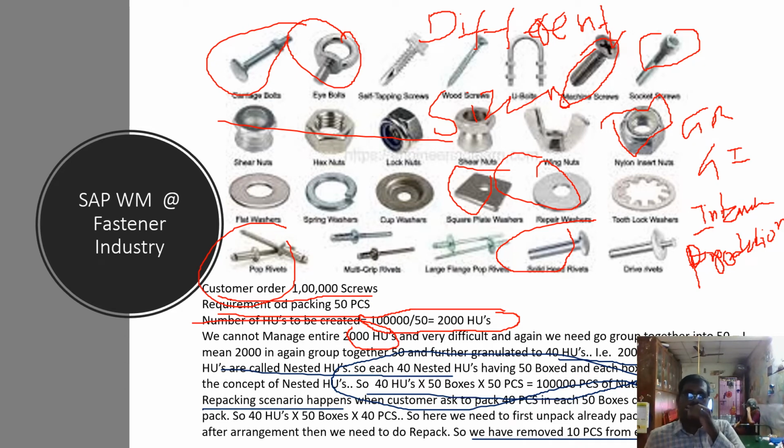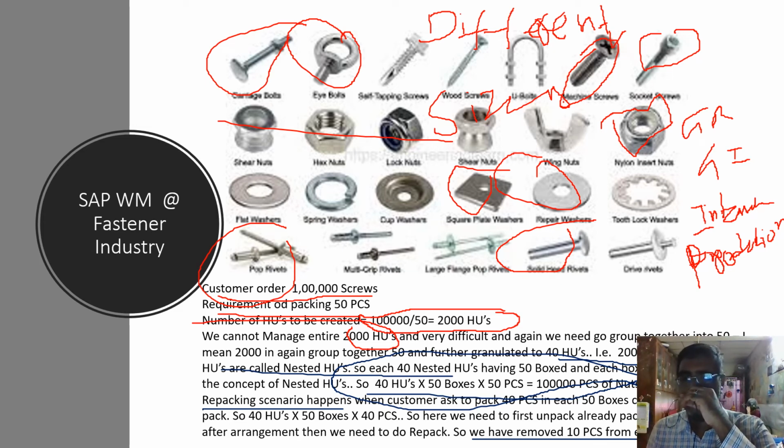Okay. So it won't go for, it will consider the 40 nested HUs only, not the individual pieces. If you are tracking with the pieces, it is very complicated. So users will get confused, and that is what they are avoiding. Okay, 50 HUs are there, and each HU, I can say,